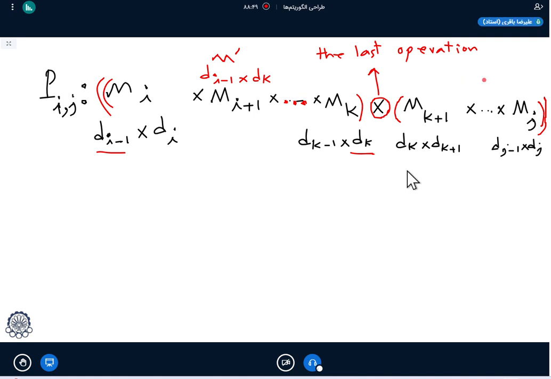For the right side, suppose the result be matrix M double prime. This matrix has dimension d_k and dimension d_j, because when we multiply,